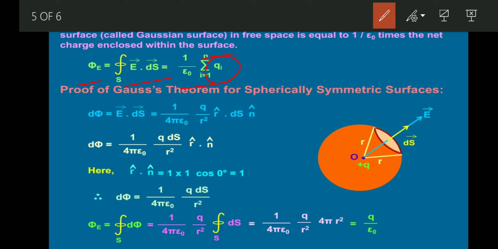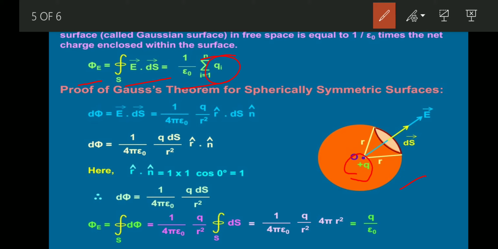Now, let's do the mathematical proof for Gauss's law, and that is for a spherically symmetrical surface. Here, what we have to do? We have to consider an isolated positive charge at the center. That is, consider a positive charge at O. Now we have to consider a hypothetical Gaussian surface, and that hypothetical Gaussian surface here will be a sphere